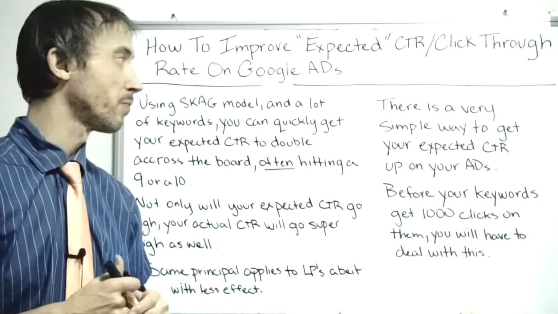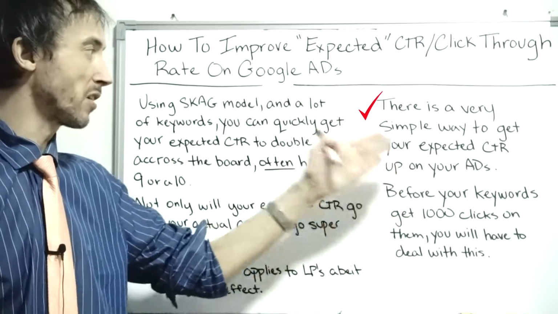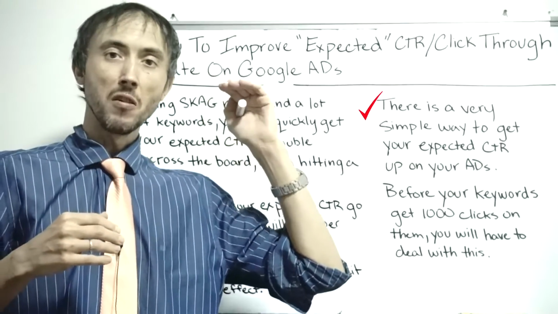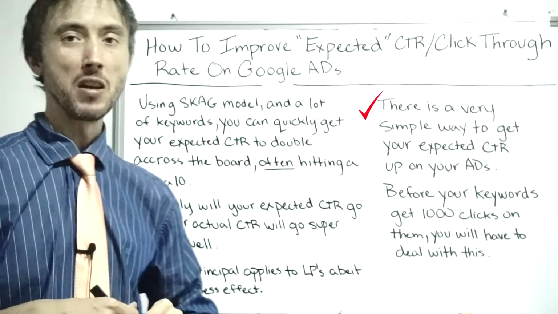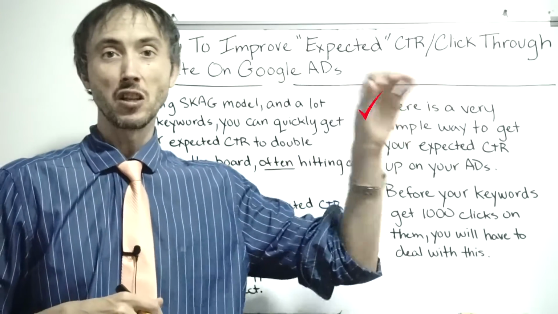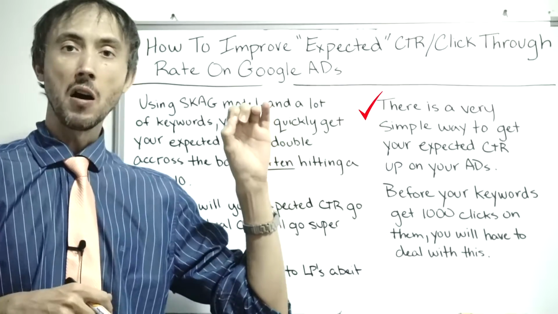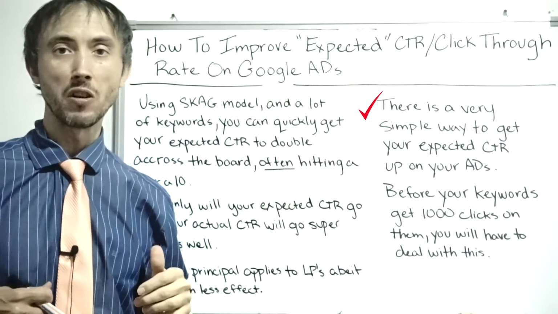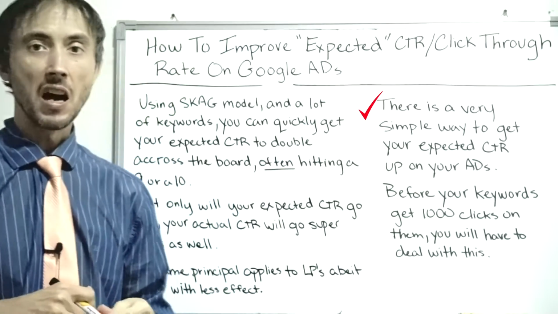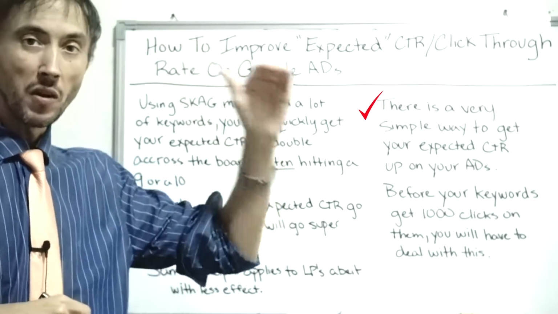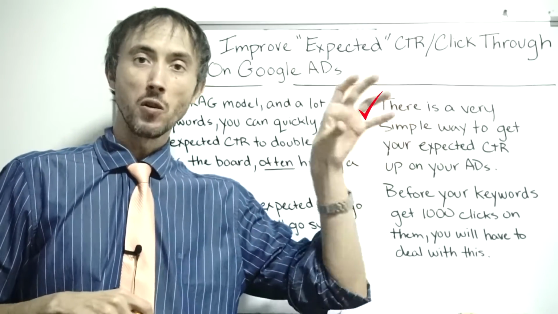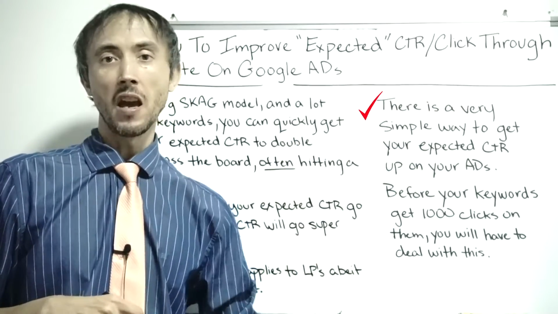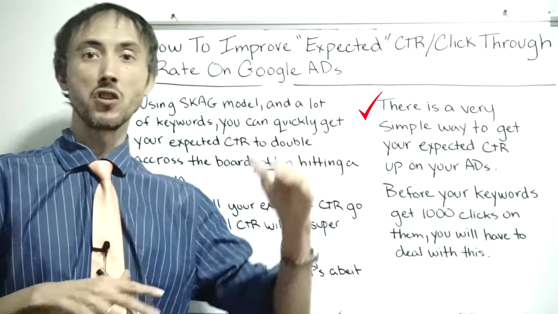So with that said, there's a very simple way to get your expected click-through rate up on your ad so that your click-through rate is assumed to be very good as per what Google would mention it. It's going to be, or should I say above average, expected to be above average, average, or below average, which is your three kind of ratings that Google gives to your ad as to what they think the click-through rate is going to be. Above average, going into getting you a 9 out of 10 or 10 out of 10 quality score. Average being a 5 quality score, and a below average 2 or 3 quality score,